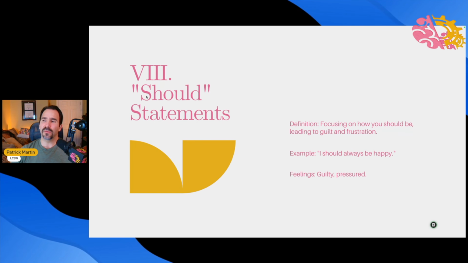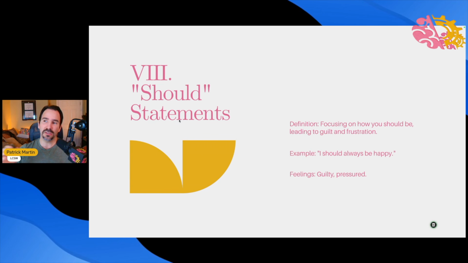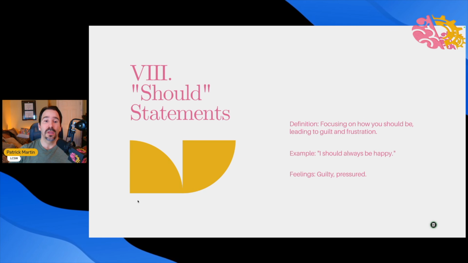So we have to be very careful with should statements because they rob us of joy, right? There's a saying that comparison is the thief of joy. Comparative thinking and shoulding is a form of comparison, right? We're comparing sometimes ourselves to our ideal selves, and there's nothing wrong with ideals, but ideals are meant to keep us motivated towards something constructive, right? A goal. But when we get caught up in our ideals in terms of comparing it to ourselves, then that leads to feelings of shame, and shame is never helpful, right?